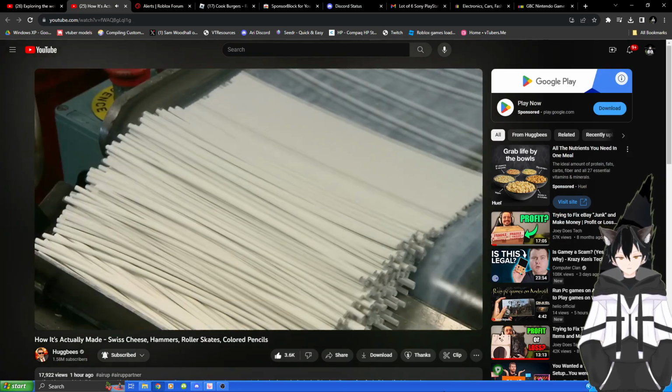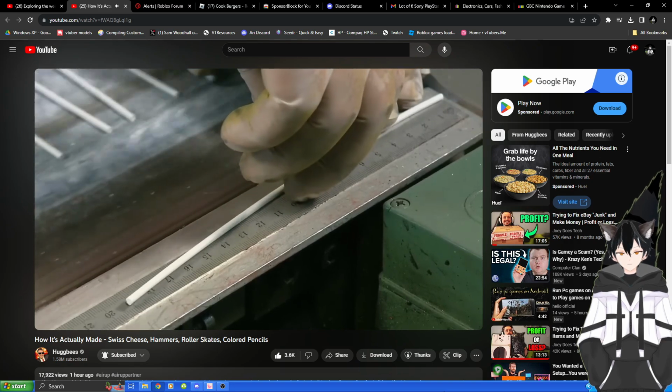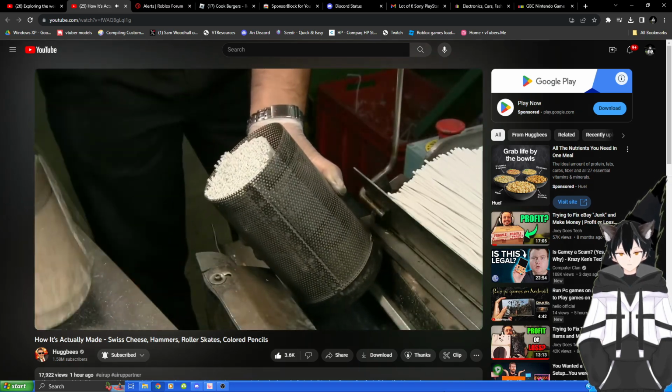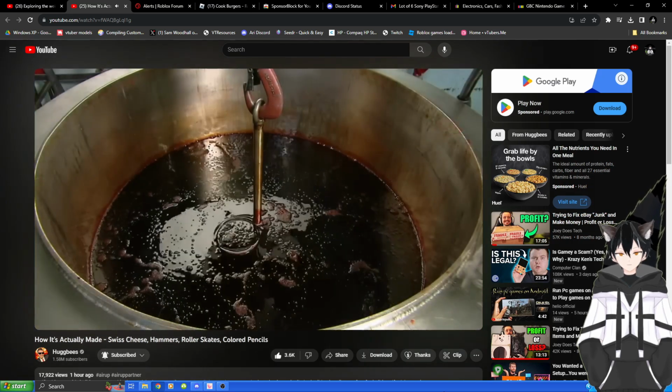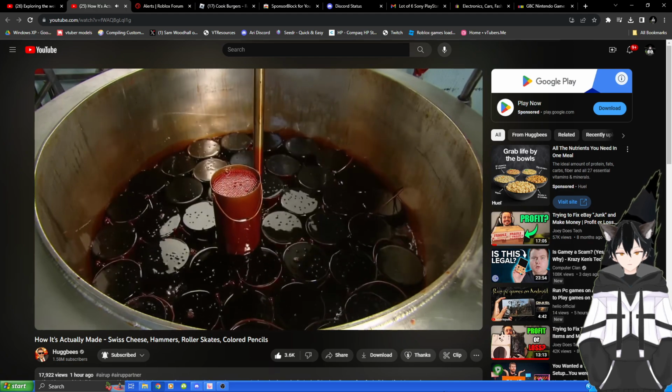Using a very long and thin hammer with numbers written on it, workers measure the strands of green that have just been cut for uniformity. Then it's off to the wax bath for hardening. A single group of wax-coated pencils is not a threat, and can be...